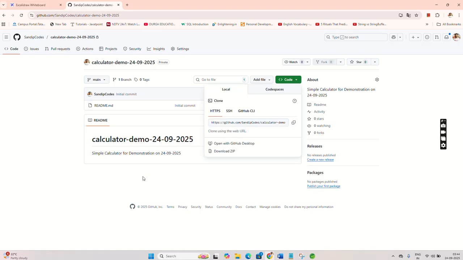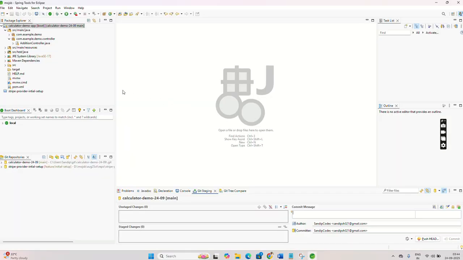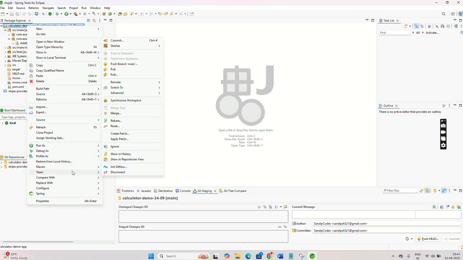Now we will change our repository and we will push those changes to our remote repository. Now we will go here at project title, and then we will go to team. Here we need to change push main branch. Okay, this option, push main branch, if we place this,